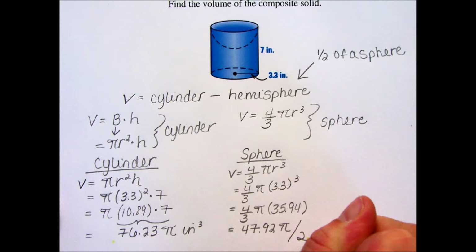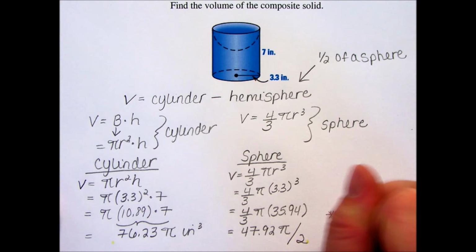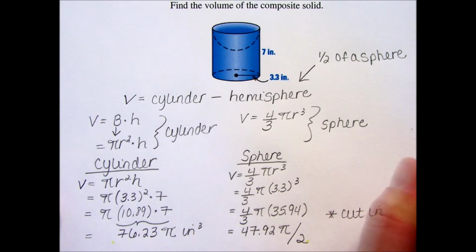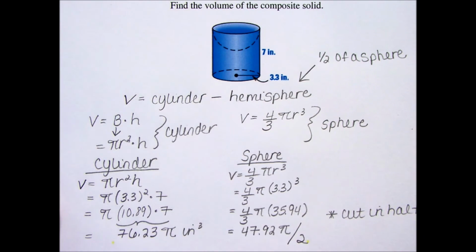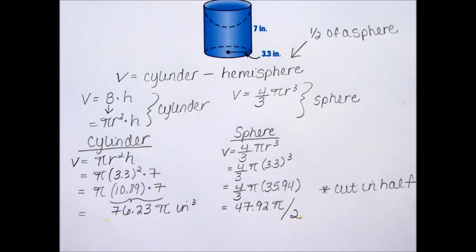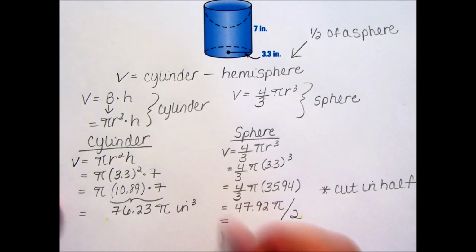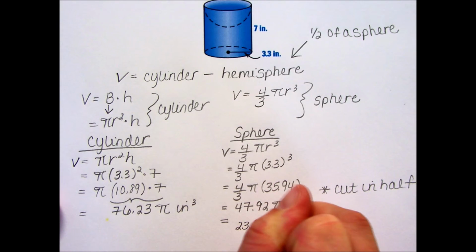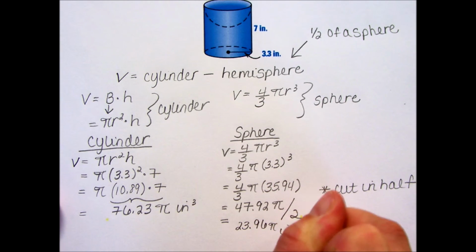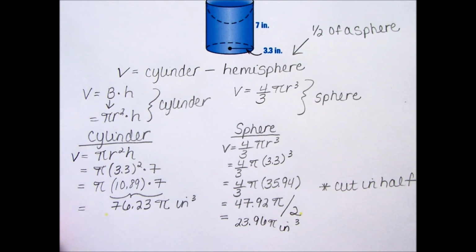But what we're going to do next then is divide that by 2, because we are only considering a hemisphere and not a whole sphere. So we're cutting the whole sphere in half to remove the hemisphere portion of this composite solid. So when we divide 47.92 divided by 2, we get 23.96 pi inches cubed. Now that is the volume of this scoop being taken out of the top of the